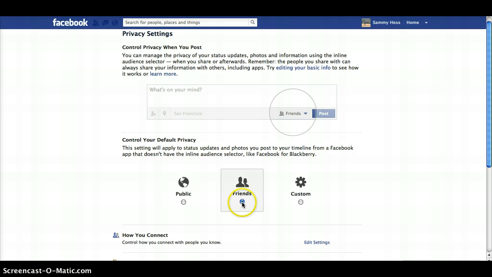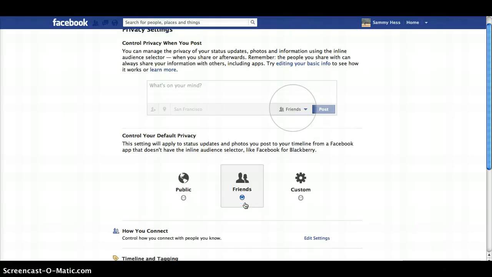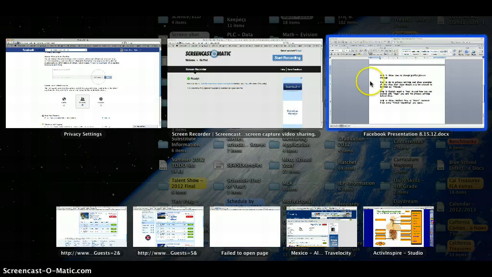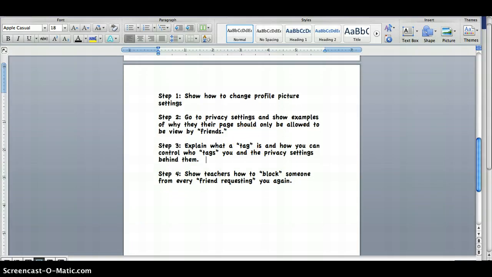So I'm going to go back to friends, and so again, this is only my friends, the ones that I accept personally in my group of friends on Facebook can see what I post. And that's what I want to keep on my default settings. Okay, that's step 2. The third one, now this is kind of new to Facebook,